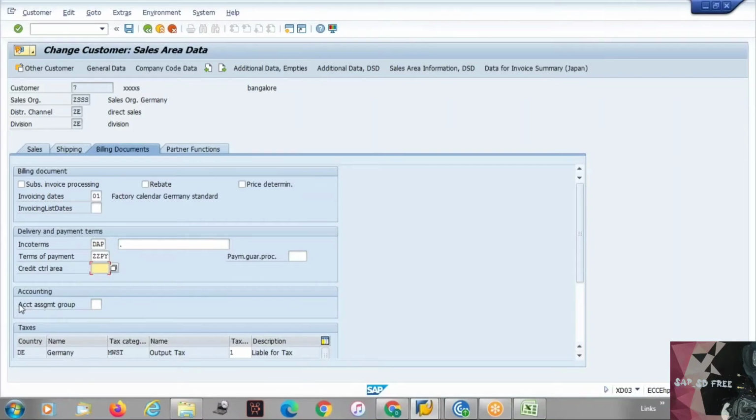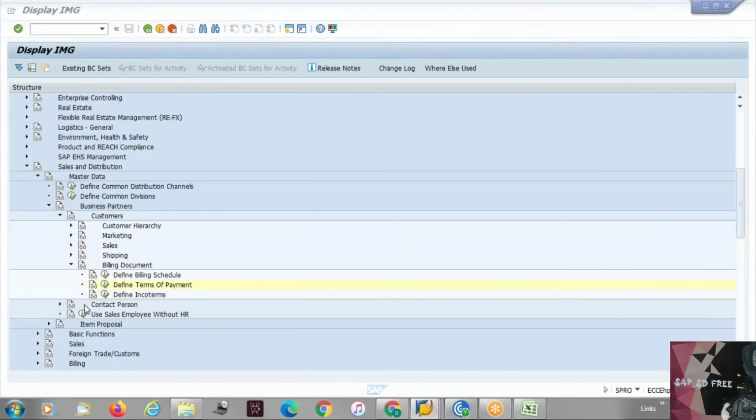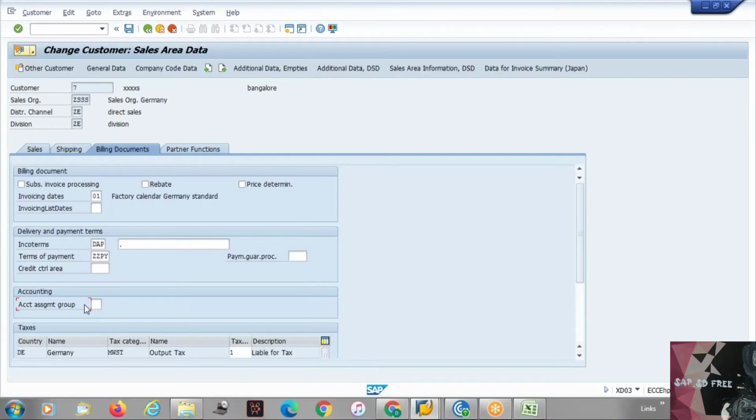Okay, then you have the account assignment group of a customer. As I was mentioning, after the invoice document gets generated in the system, we will have something called an accounting document and GL accounts that get determined. Based on the invoice document that gets generated, there will be an accounting document also that gets generated. So the account assignment group that we are talking about is kind of a prerequisite field that is talking about